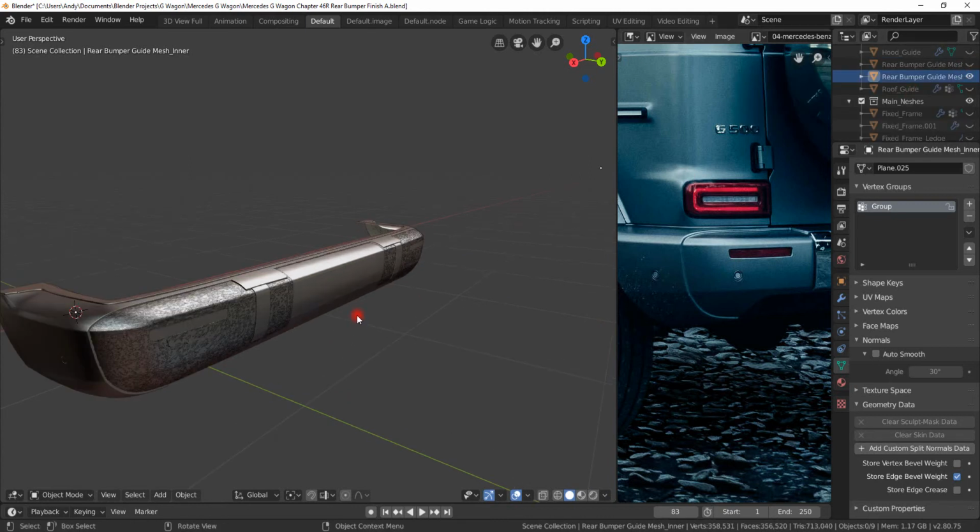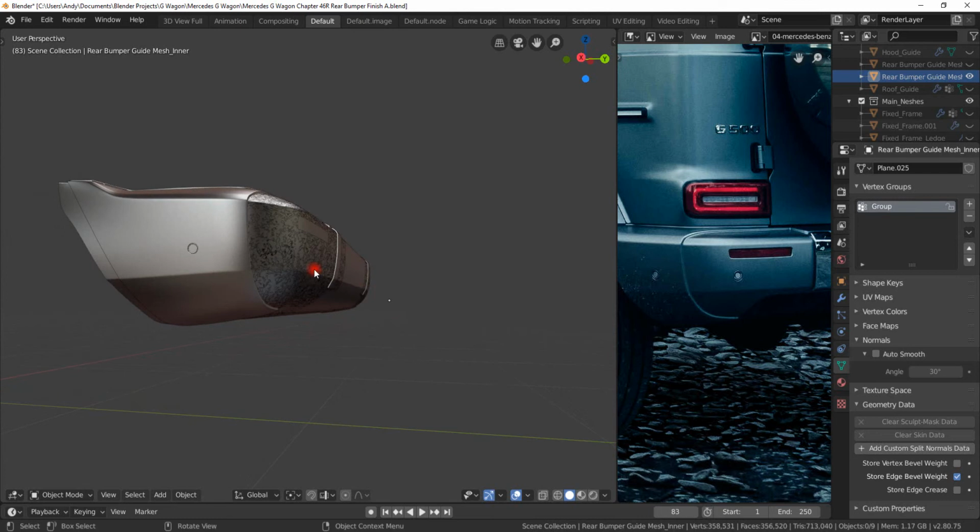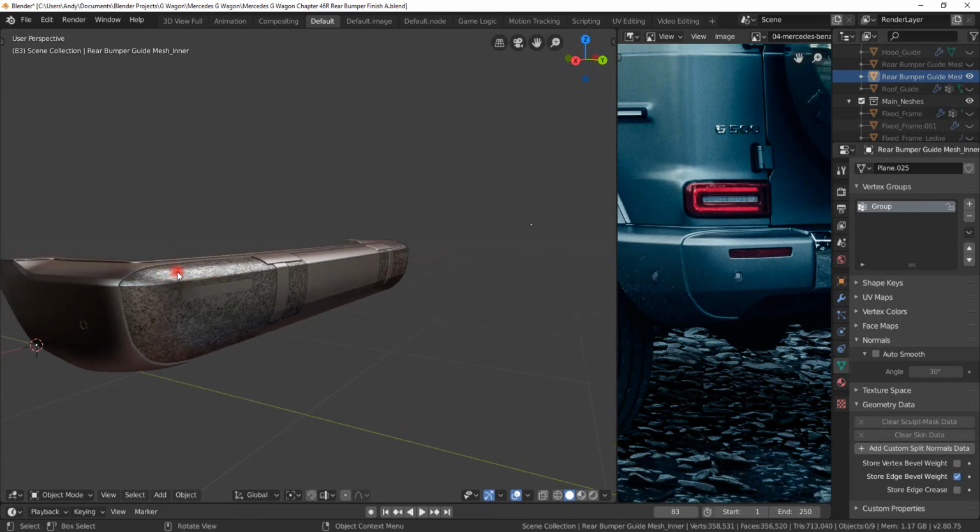I created an inner guide mesh, which is the recessed part of the back bumper. Essentially you need two guide meshes to create this. I found that to be the easiest way. So if I hide that,